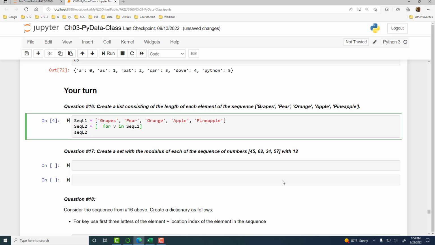So that's the iteration part. It's going to iterate over, right? And as you iterate over, what is the result that we want? That should be put in front of the for. So what do we want? We want the length of each element. So that will be like len(v). len(v) will give you